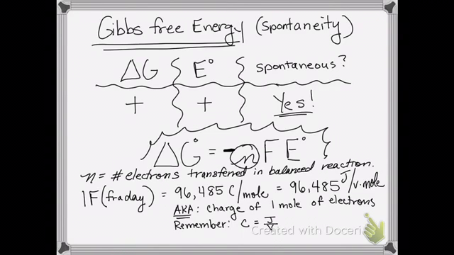And then the F is called a Faraday. What a Faraday is, it's 96,485 coulombs per mole. This value is sometimes called the charge of 1 mole of electrons. And we can also rewrite it: a coulomb is joules per volt, that's what a coulomb is, joules over volts. And then since a Faraday is coulombs per mole, we just say joules per volt mole. Sounds a little crazy,